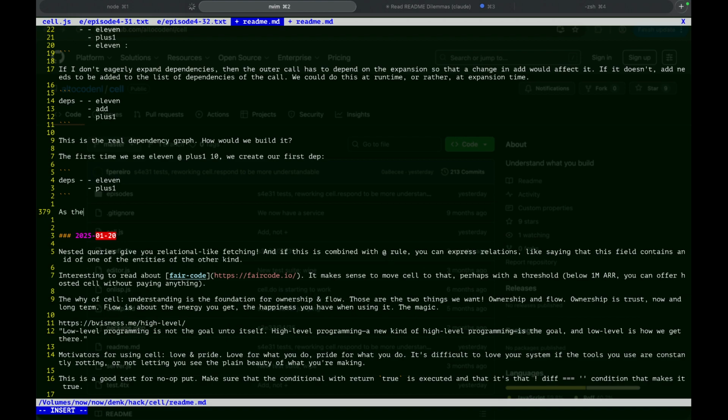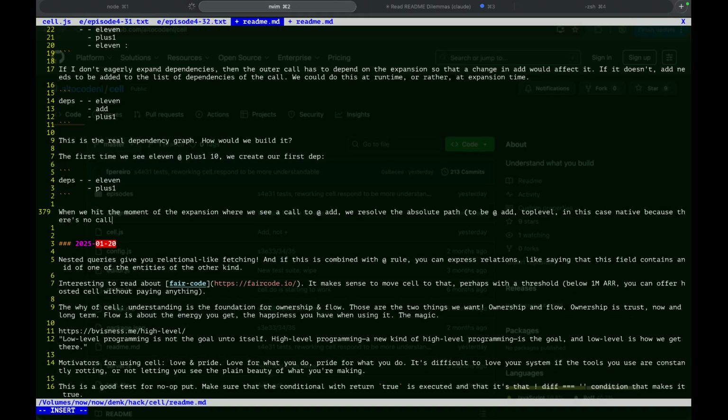As the expansion proceeds, when we hit the moment where we see a call to add, we resolve the absolute path to be at add top level. In this case, native, because there's no call defined, and so we now have